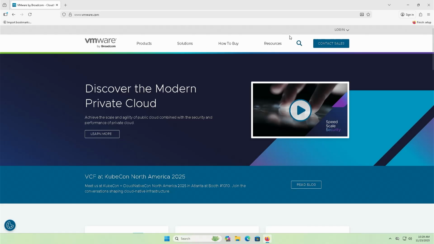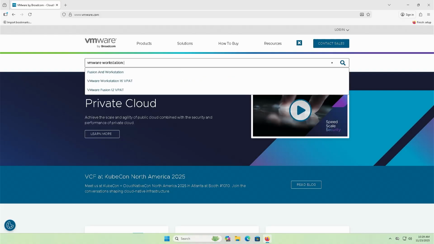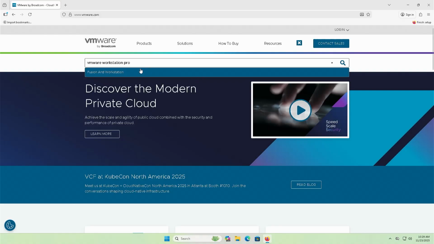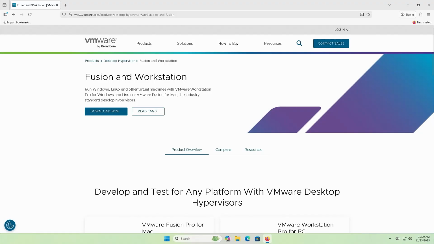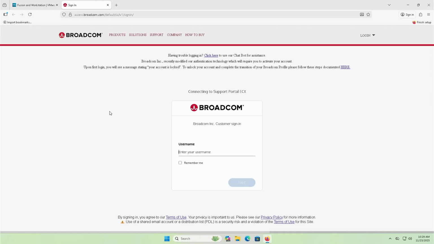going to www.vmware.com, and then I'm going to search for VMware Workstation Pro, and then click on Fusion and Workstation, and then download now. So in order to download it, I'll first need to create an account. So going to register,